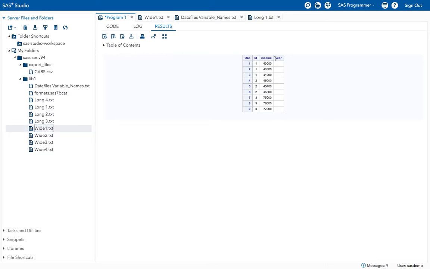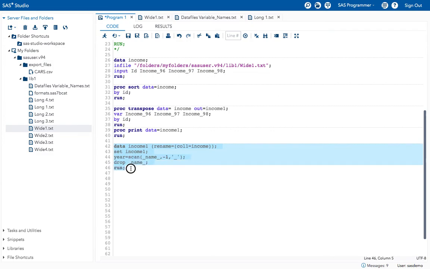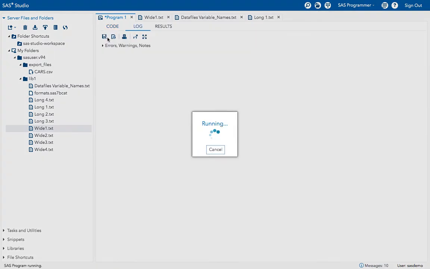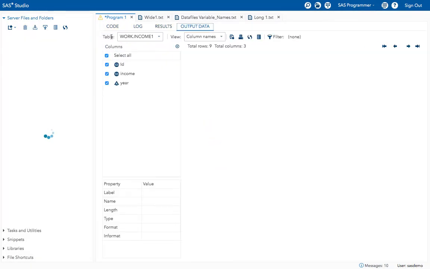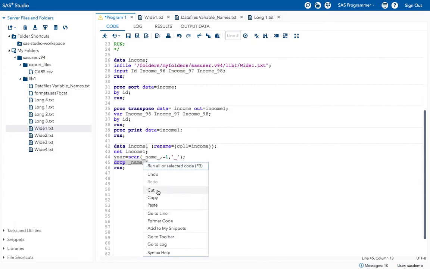It changed to income, but here the year variable is missing because of this drop statement. Let me take off this drop for some time.